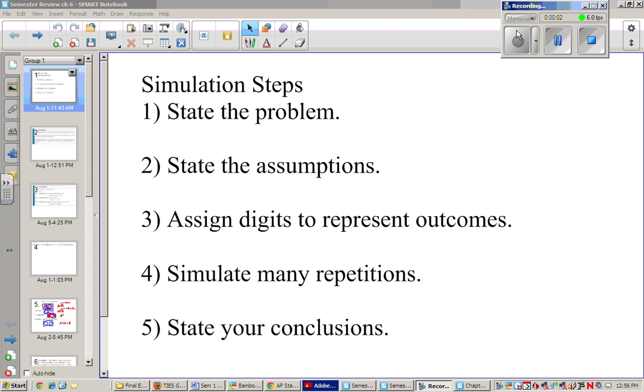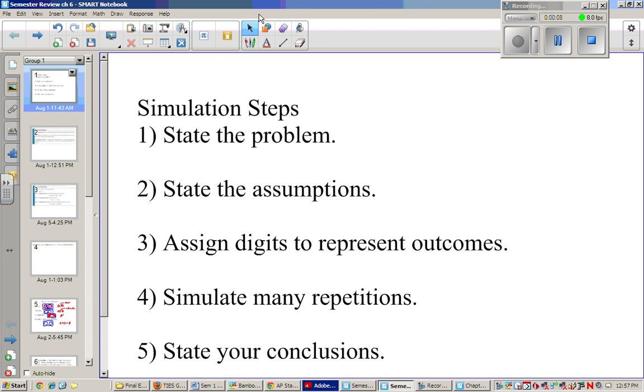All right, our Chapter 6 review. The first thing we want to do is talk about simulations. Now, if I'm going to have a simulation, maybe I'll make a problem. Say